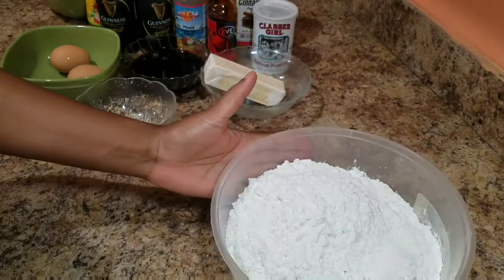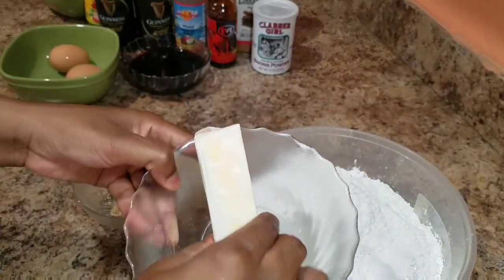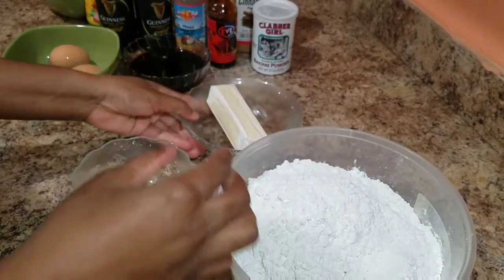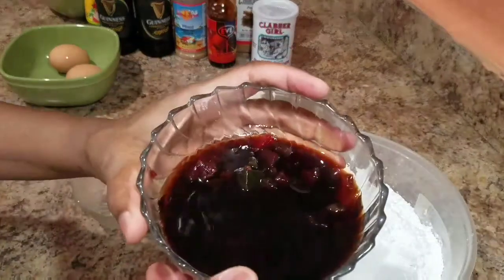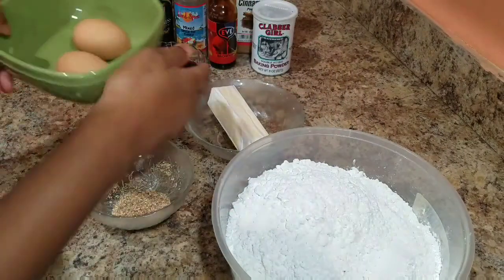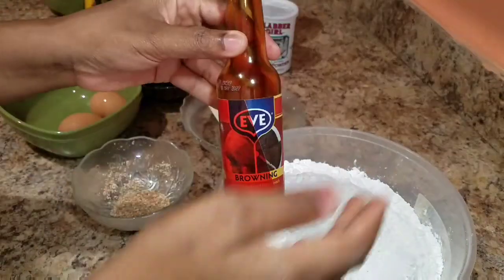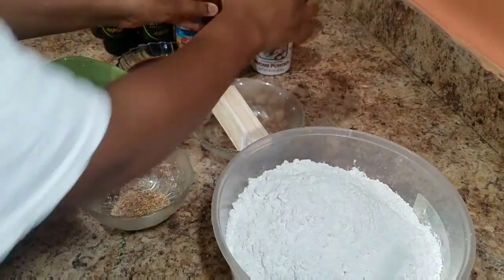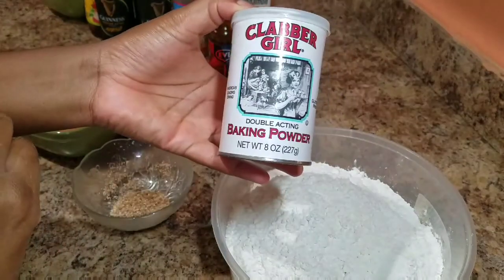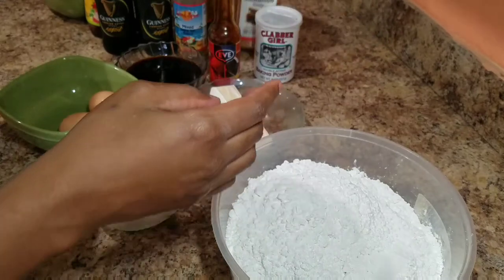So here I have my all-purpose flour. I also have my nutmeg, my butter. Of course I have some mixed peels, and this is in some fruit wine. Of course I have my eggs, browning. I also have my baking powder, my cinnamon powder,